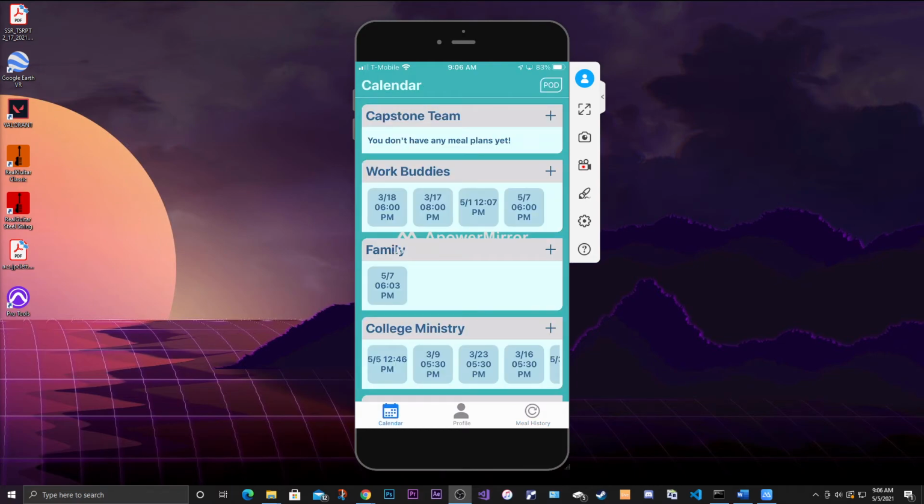So that is our application to solve meal coordination. We're very proud of what we were able to produce with the amount of time that we had over the semester. A lesson learned is that we found it better to plan tasks that were more manageable and desirable to do and split them up that way, because that's what makes the agile workflow really productive, is breaking down your problems into pieces,